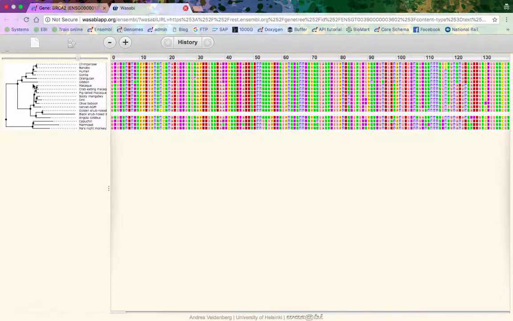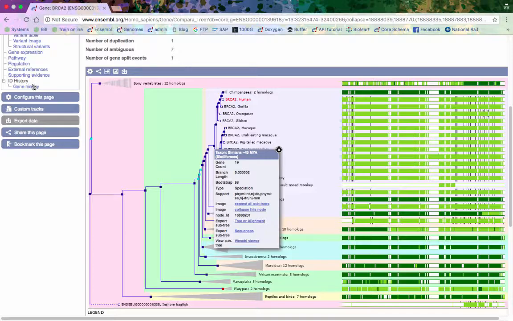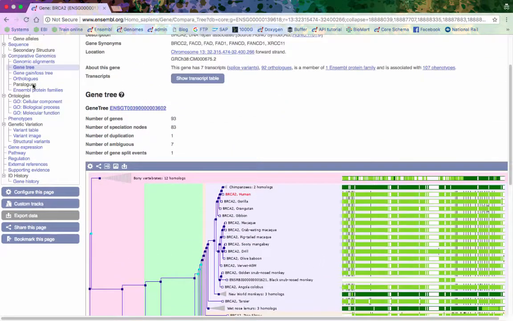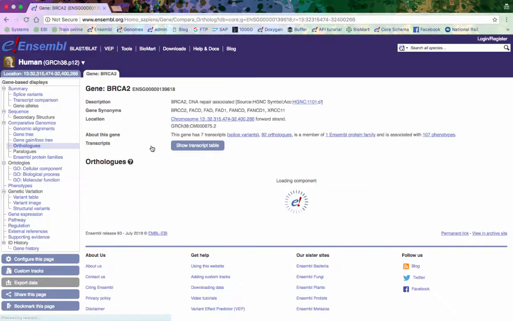I'm going to close Wasabi and go back into my browser, and I'm going to close this taxon here, and I'm now going to explore orthologs. So over here in the menu on the left, there's orthologs and paralogs. Because BRCA2 doesn't have paralogs, that's greyed out, but if there were paralogs available, this would be coloured in blue. I'm going to click orthologs,